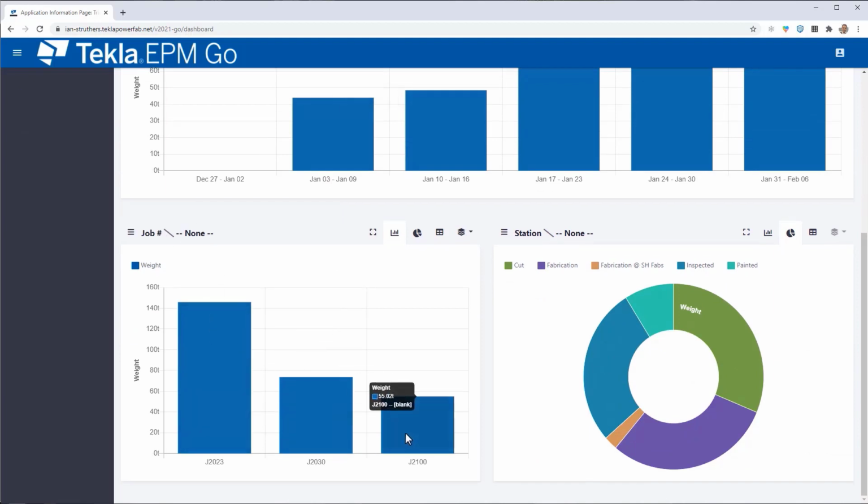I can see that by job as well. So over that month time frame, I worked on 3 separate jobs in this instance, and again what my output is per station across that time frame as well. So cutting versus fabrication versus inspection, for argument's sake.